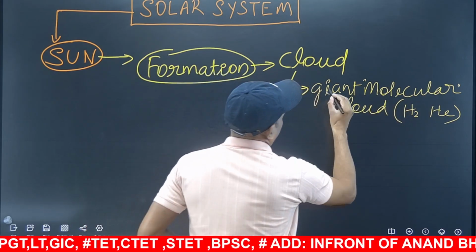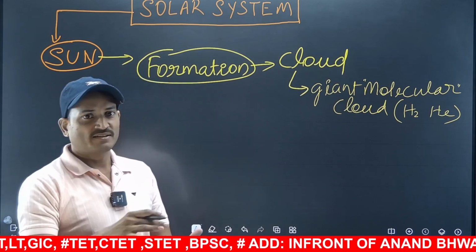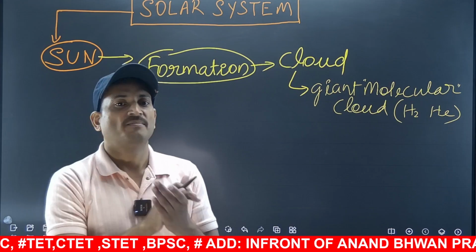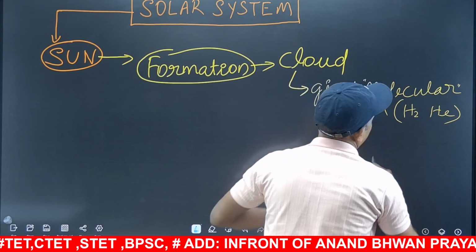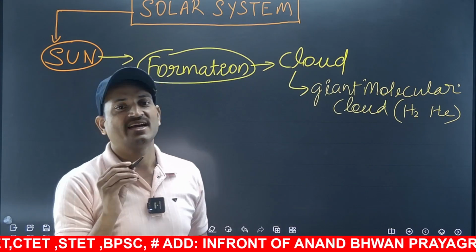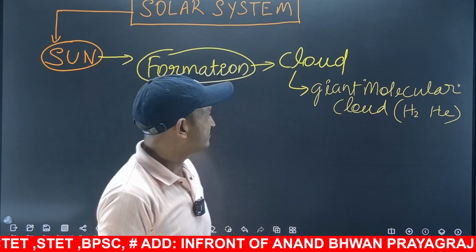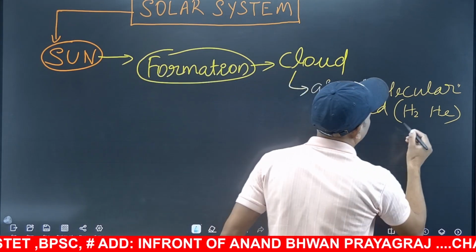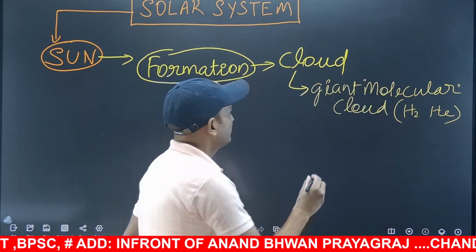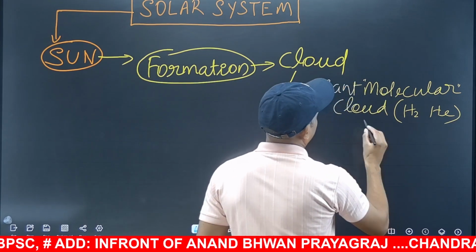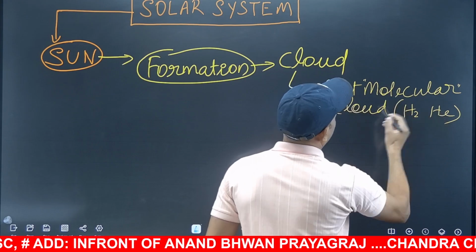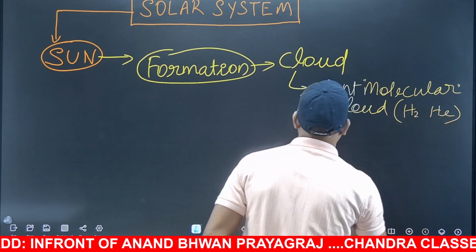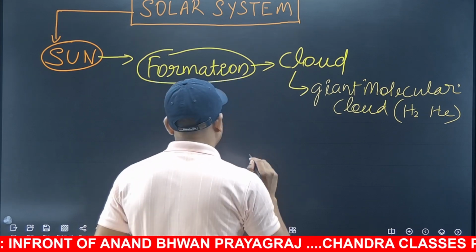That was the pre-matter out of which our sun is formed. So this is a giant molecular cloud of hydrogen and helium and trace amounts of some heavy elements, but those are negligible, below 1%. So more than 98% of this giant molecular cloud was made out of paired hydrogen and helium. So that's why we call it a molecular cloud.